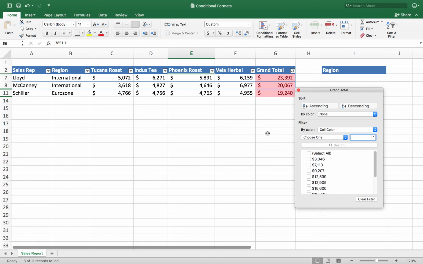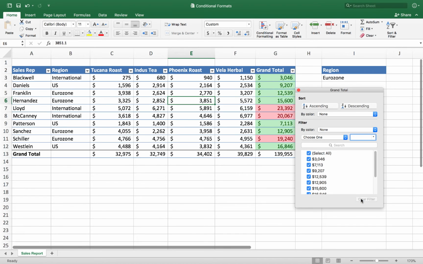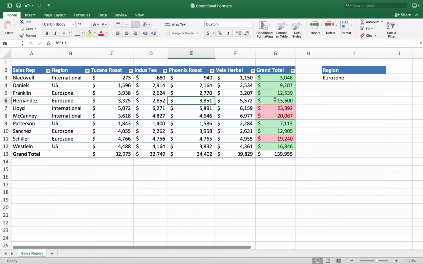Okay, and I'll go back, and in the dialog box here, I think I'll just choose the clear filter option. All right, I'm going to close this filter dialog box. Now I've applied several different rules to the data here, and maybe I want to make changes to the conditional formatting, or maybe I want to just find out what the settings are.